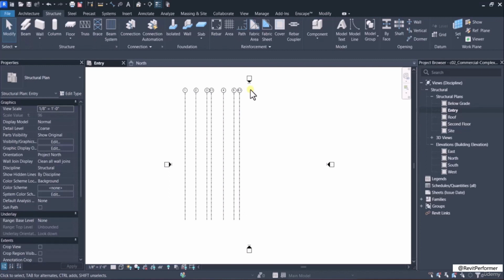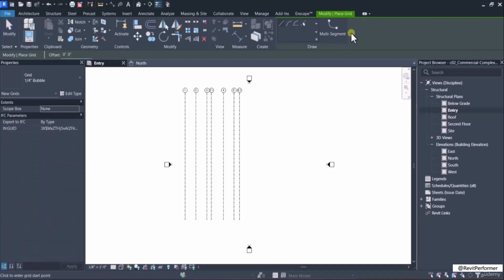Now we are going to add the horizontal grids. Again, invoke the grid tool from the draw panel. Next, move the cursor toward the top right of the vertical grid line marked 5.1 and click at the location. Then move the cursor horizontally toward the left until it has crossed the vertical grid line marked 1. Click in the drawing area to create the first horizontal grid line.